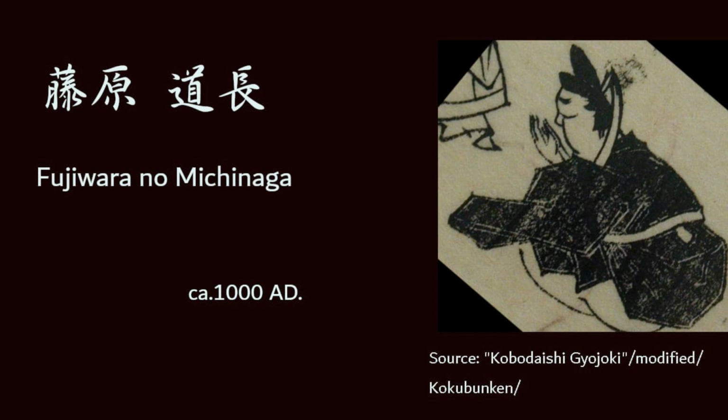The peak of this regency politics, in which such powerful aristocrats used the authority of the emperor to seize real power, was from the 10th to the middle of the 11th century. One of the key figures was Fujiwara no Michinaga. When the Fujiwara family was expanding its power, warriors and samurai initially appeared as military officers in the service of the imperial court. They gradually formed new organizations in rural provinces.